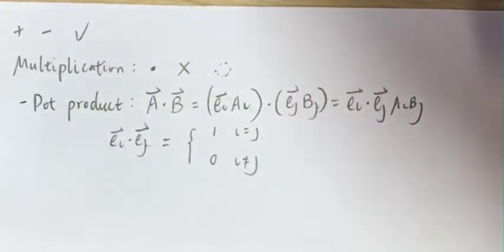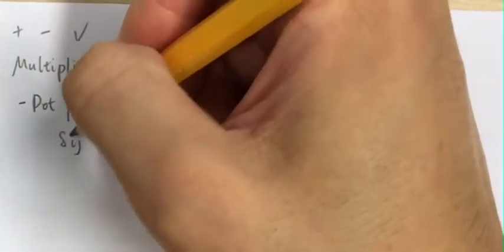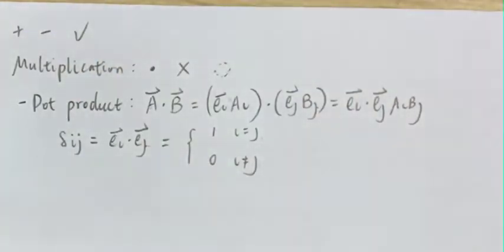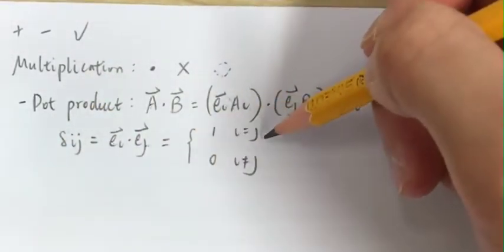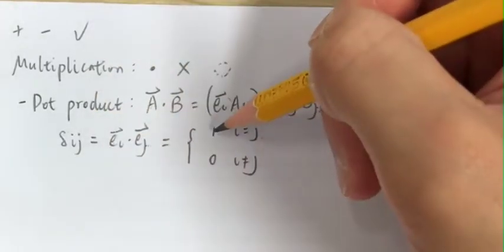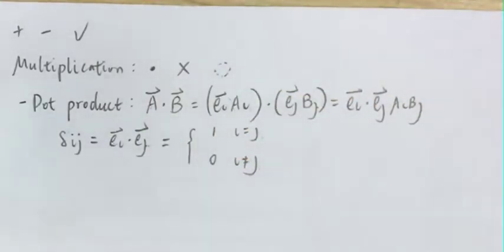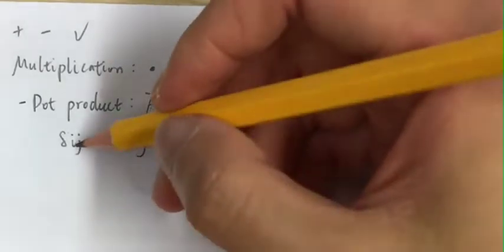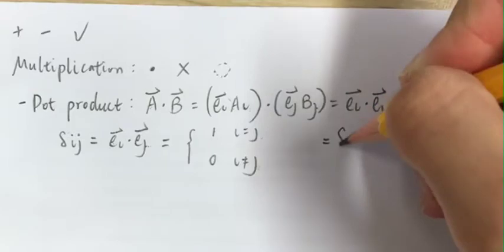There's a shorthand notation to write this. Let's define this thing to be delta ij. So next time you see Ei dot Ej, you know that you can write it as delta ij, right? Delta ij just means when i equals j, this thing will give us 1. But if i is not equal to j, then this thing will give us 0. You can say it's just a definition. It's called the Kronecker delta. Okay, so this thing becomes delta ij